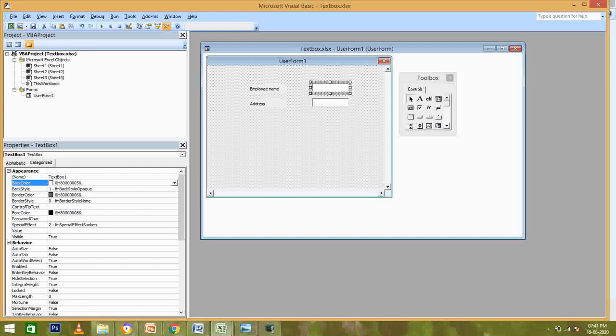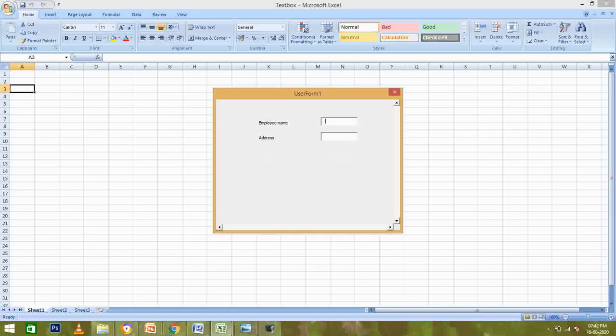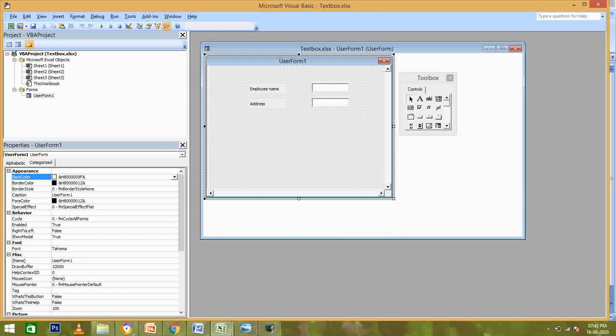So when I run this program, you will be able to enter input data in the text box, but you are not allowed to input any data in the label. So I'm running the program. You can see I can't make any changes to the label, but I can enter something over here. So a text box is generally used to input data or text from the user during runtime. It can be used as a label also, which I will show you how in the later part of the video.